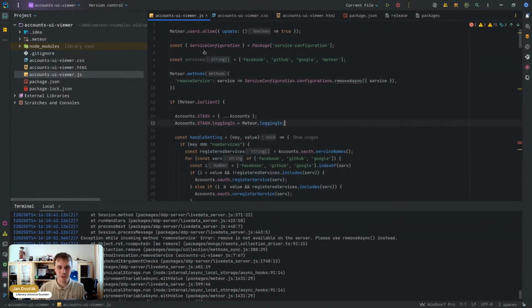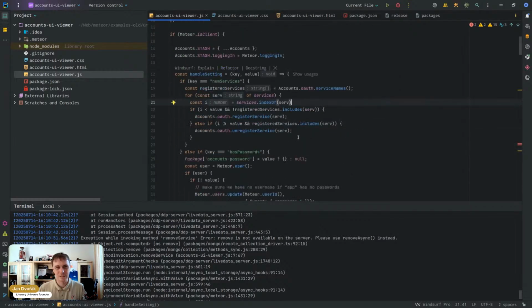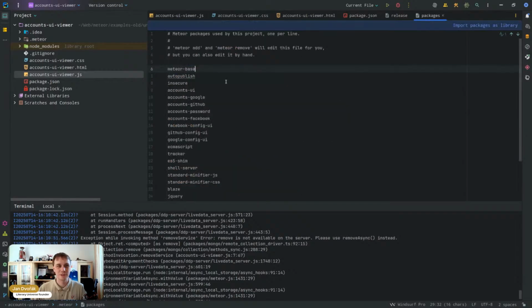Let's try if we can put in this one as well. Services. And let's see, do we have the accounts? Passport, yes, we do have Google, GitHub,